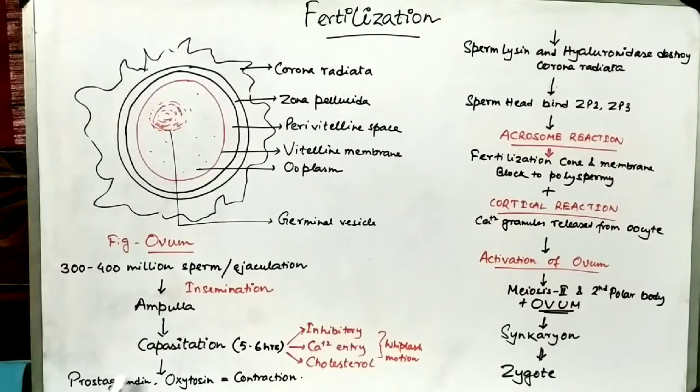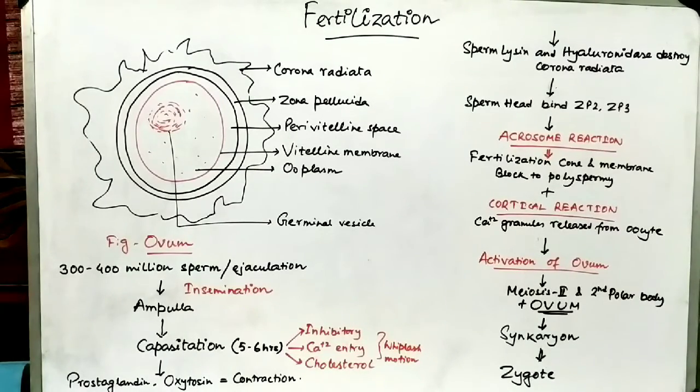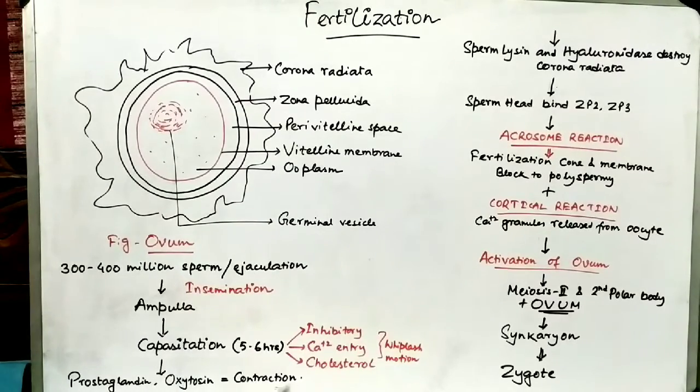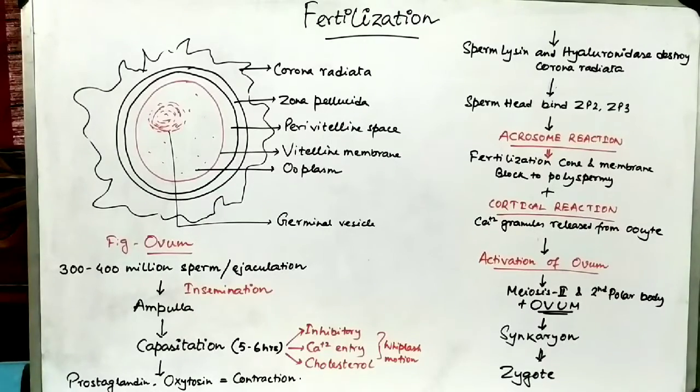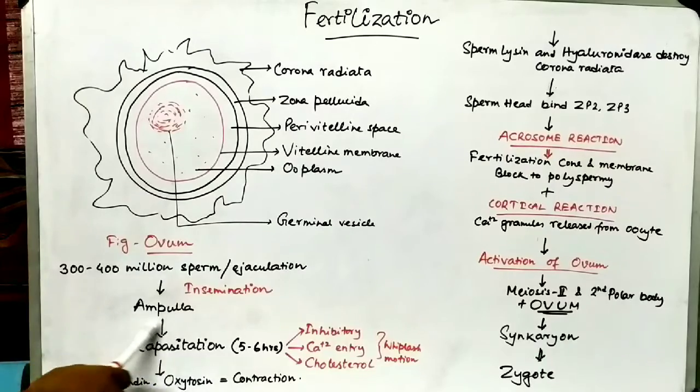Now, prostaglandin and oxytocin are released. Prostaglandin is released from sperm and oxytocin is released from the female body during intercourse. As a result of it, intense contractions occur in the uterine muscles, and the sperm itself has flagella through which it can move towards the ampulla. So the contractions and the flagellar movement of sperm both help in the transport of sperm towards the ampulla,